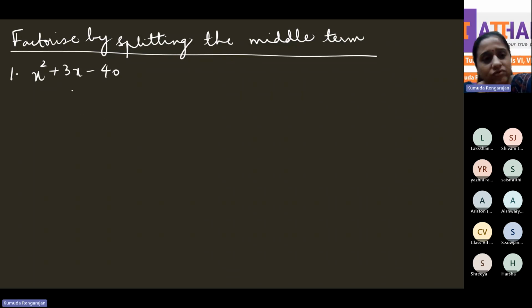Now, here also we have three terms. When you write a square plus 2ab plus b square, you see that all the